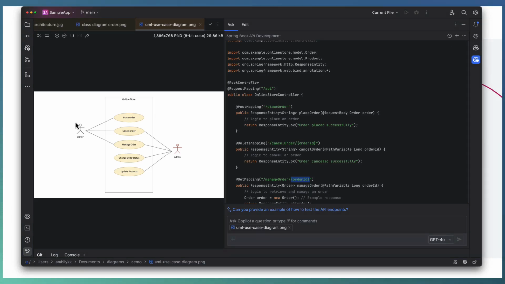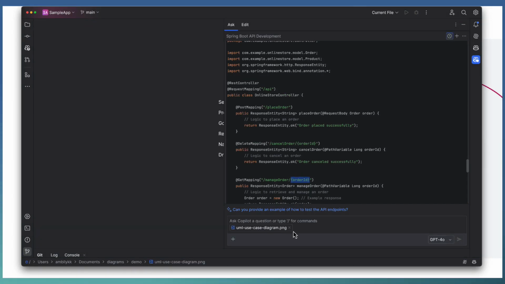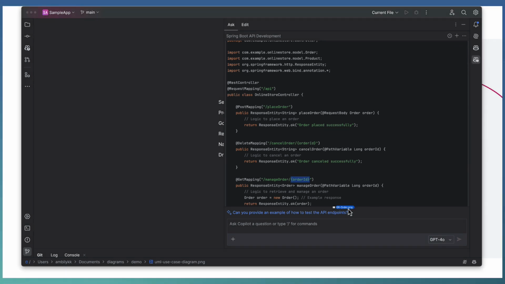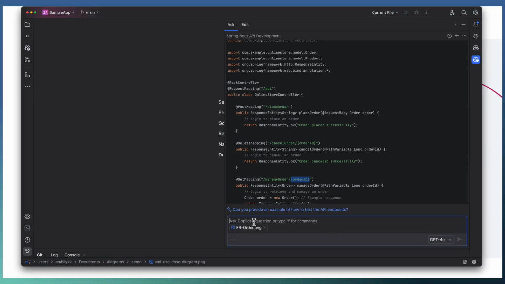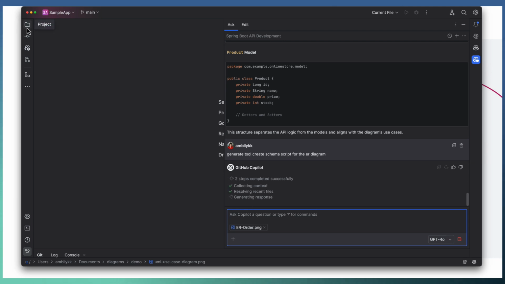Going back here, let me close the existing diagrams, take the new ER diagram and ask Copilot to generate a T-SQL create schema script for the ER diagram. So let it generate.